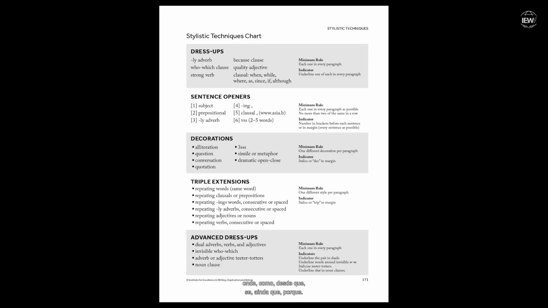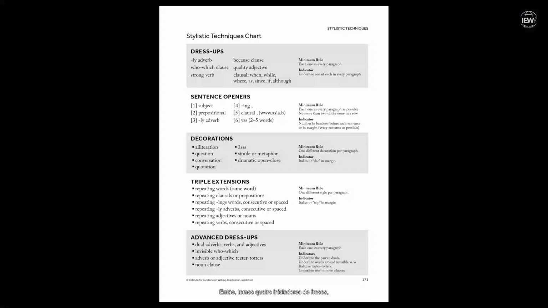When, while, where, as, since, if, although, because. And then at some point I like to show the kids there's a few more words like whereas, unless. You can kind of add to the list once they're really solid on those 7. So then what happens is you've got 4 sentence openers, and now you